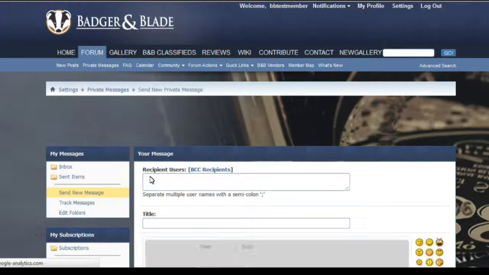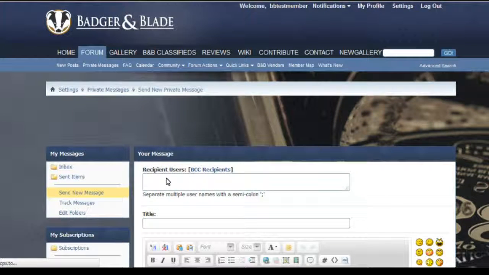The beauty of this is you can type in a recipient name, which will always be the username that you want to PM to. You can also blind carbon copy recipients if you're going to be sending out a multi-message. So you just type in their username. If you do not know their username completely, if you just type in a couple of letters, it will pull up a list of the different ones, and you can choose the one. When you see that highlight in yellow, click on that, put a title, and we'll just put